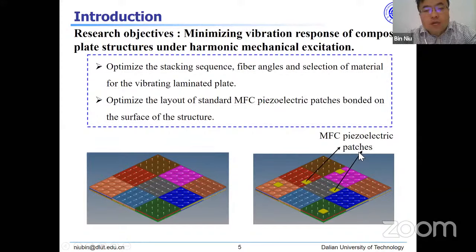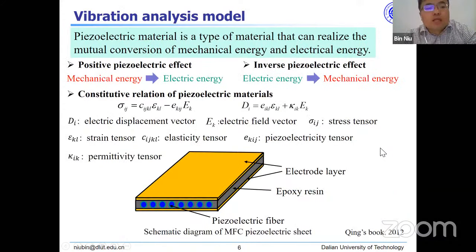So first of all, there are some analysis models for this kind of piezoelectric material. We know it has the positive effect, and also the inverse or converse effect. So it can realize the conversion from mechanical energy to electrical energy or inverse.